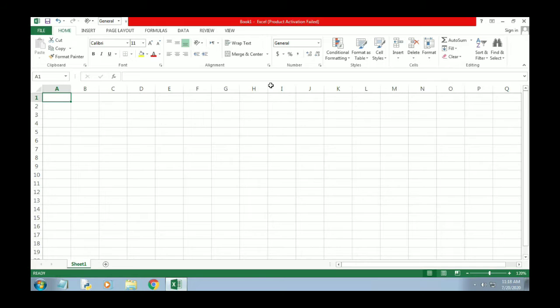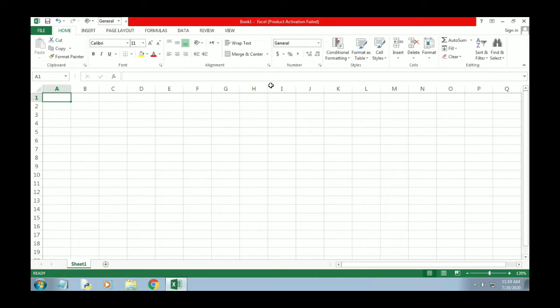After that you can see we have different columns and rows. The first thing that you can see in the Excel sheet is the number of rows and columns. Here A, B, C, D are the columns.